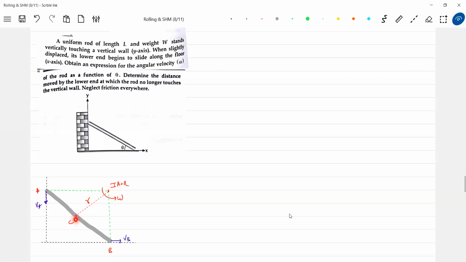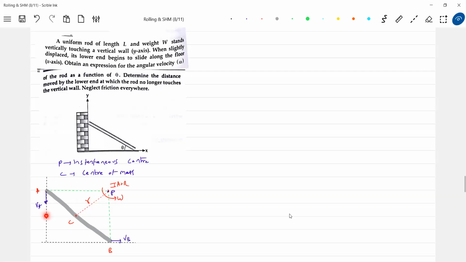Okay, fine. C is the center of mass. IAOR I should call that one. If you want, you can give some point P. What is P? P is the instantaneous axis of rotation, the instantaneous center. These terms, what P and C are, we will define them. C is the center of mass. From here we will get the angular velocity.